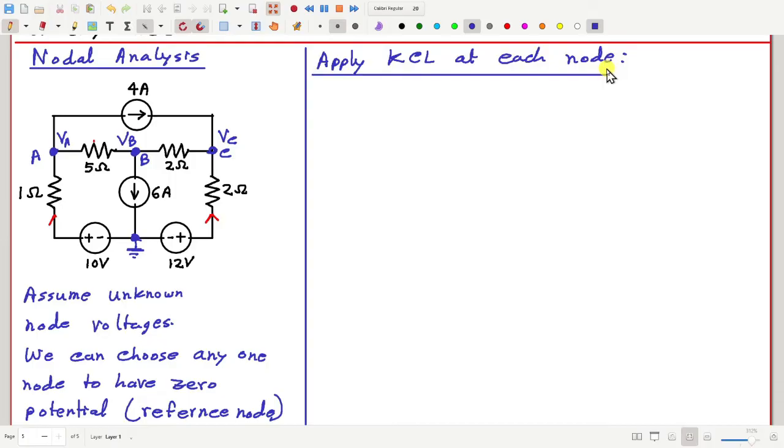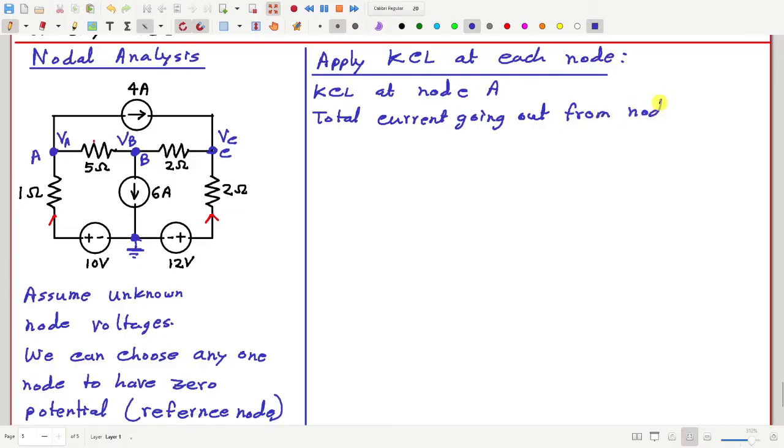Okay, so let me start with node A. Let me apply KCL at node A. Let me find out the total current going out from node A. First, let me call this current